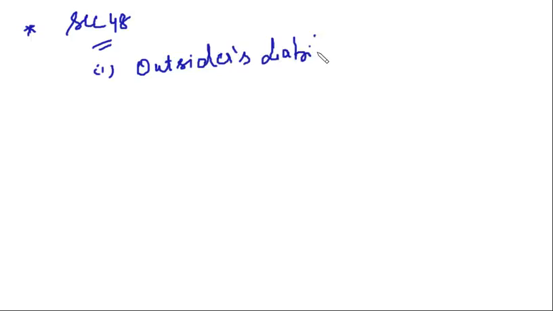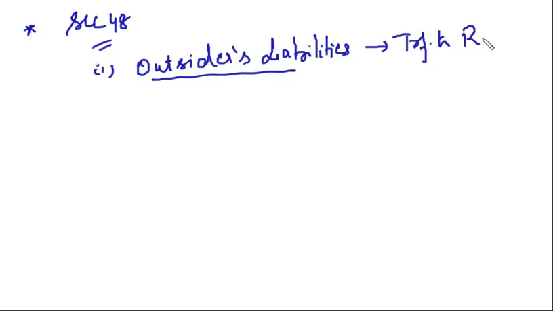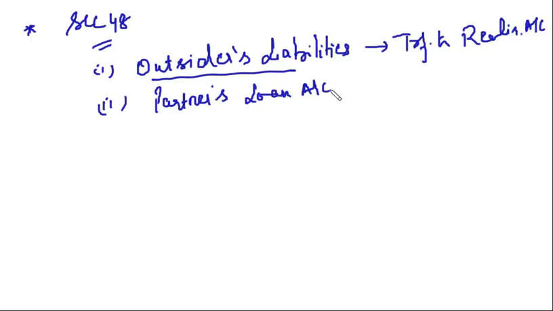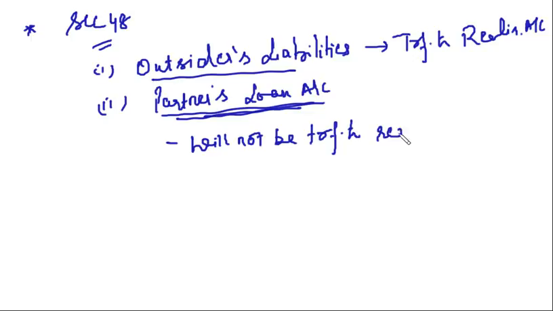Basically, there is no need to prepare the loan account. What you have to do is, if you remember section 48, section 48 says first you have to pay outsiders' liabilities. These outsider liabilities will be transferred to the realization account, isn't it? Second, we have to pay partners' loan. The amount of partners' loan that is standing in the balance sheet will be paid after the outsiders' liabilities. Partners' loan will not be transferred to the realization account,